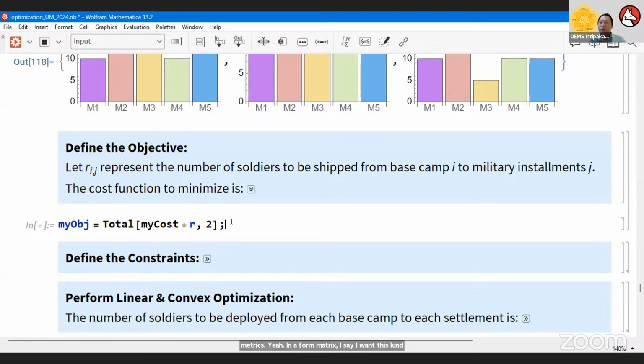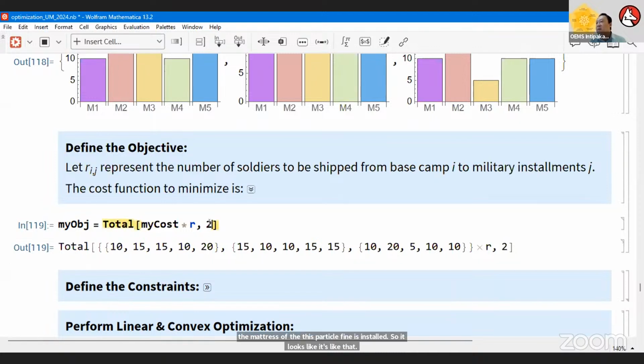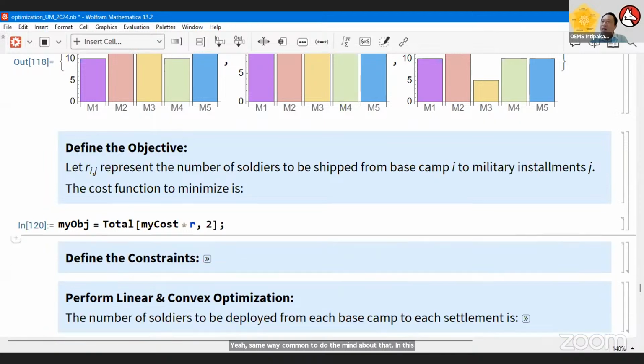I just want to sum up the total cost for the product between the cost of dispatching the soldiers and the matrix of these five installments. So it looks like that: these are the products of the cost and the locations. This number two means I only want to show column number two. Don't mind why column number two; in this particular case, this is how we want to display it. Now I hide it. Fine.